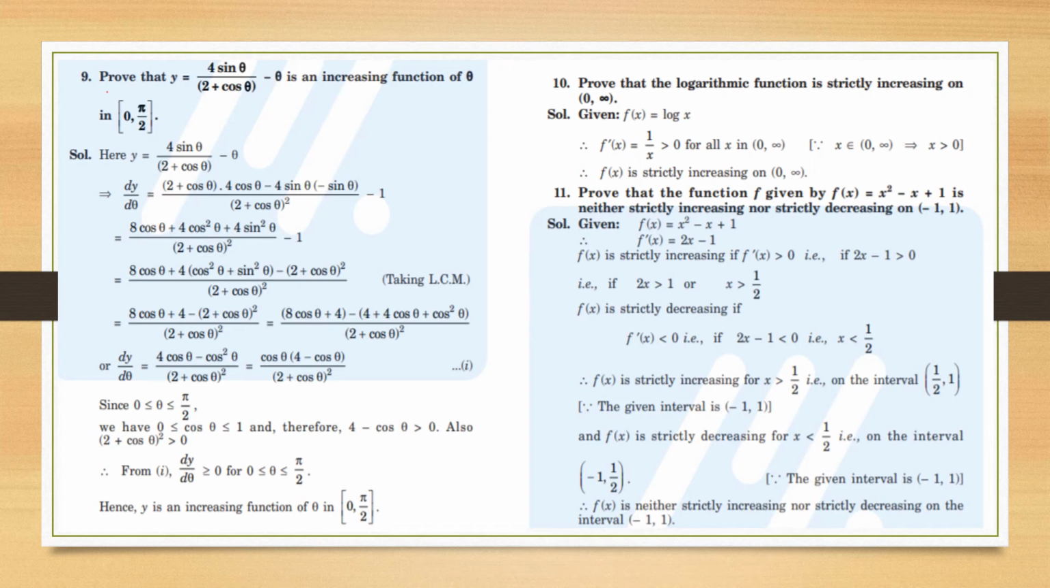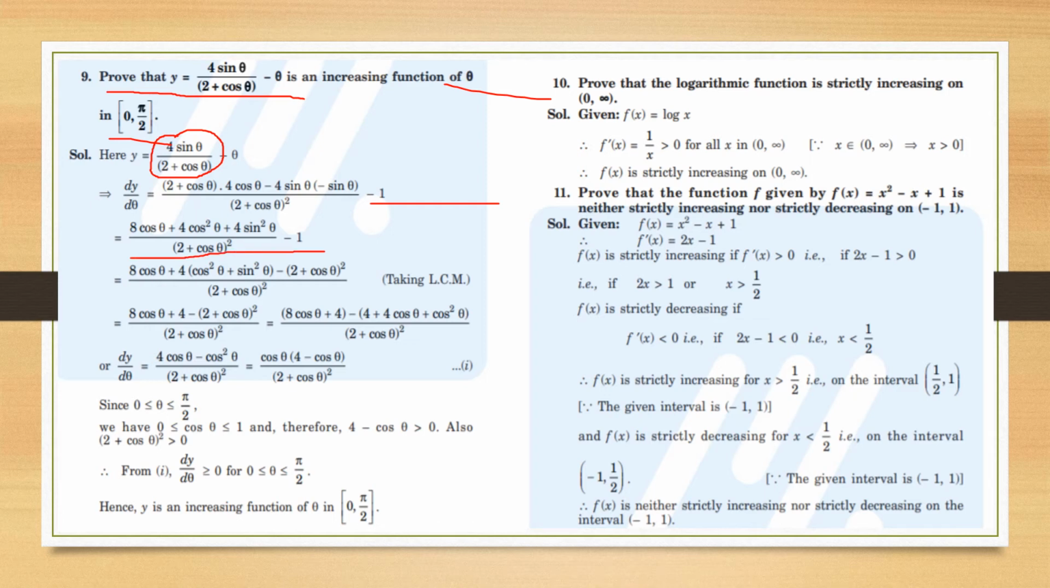Question number 9 is, prove that y is equal to 4 sin theta upon 2 plus cos theta minus theta is an increasing function of theta in the interval 0 to pi by 2. So let us start with its derivative. I have to differentiate it with respect to theta. So dy by d theta will be, I have to apply the quotient rule here, and d/d theta of minus theta will be -1. So this is the quotient rule applied, and then thereafter I have to make it one function